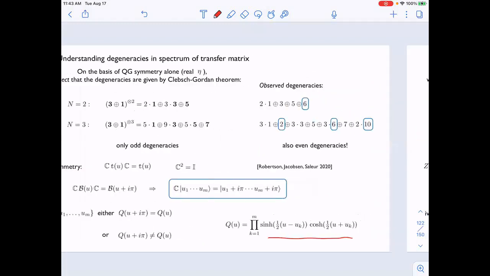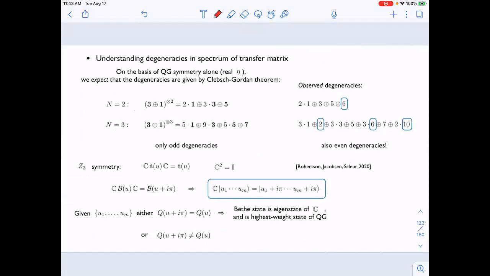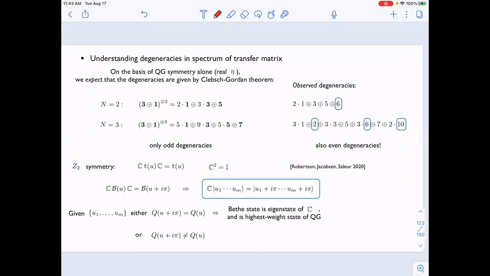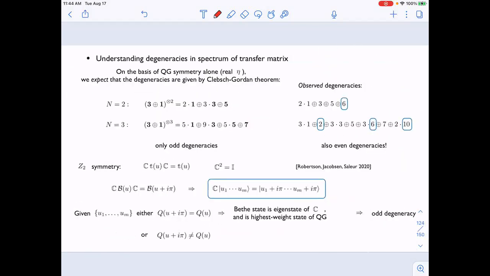But now with a little thought, you can convince yourself that in the first case, if Q is invariant under shifts of I pi, then the beta state is going to be an eigenstate of C, and is also a highest weight of the quantum group, and therefore it's going to lead to odd degeneracy. So like some of the guys here, the ones with